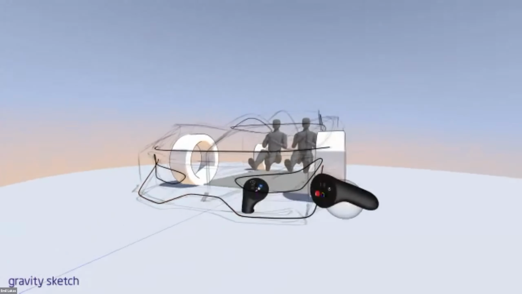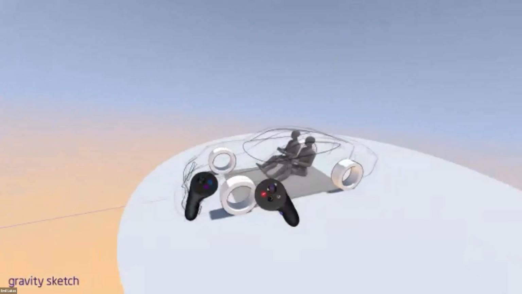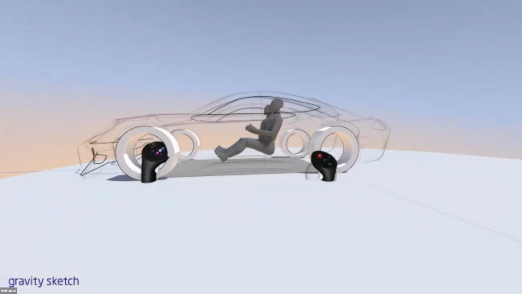Okay, I'll come back to that. I don't really know what to do with that element on the car. Okay, so on this